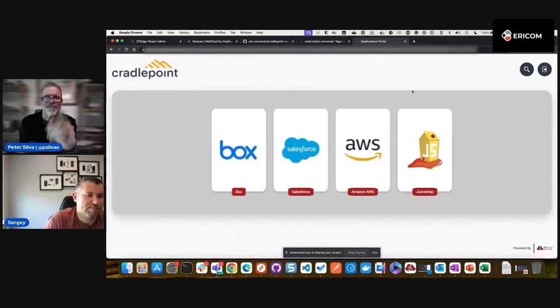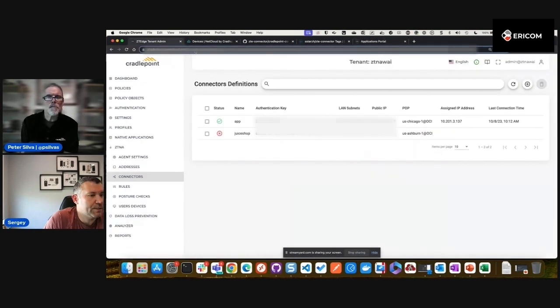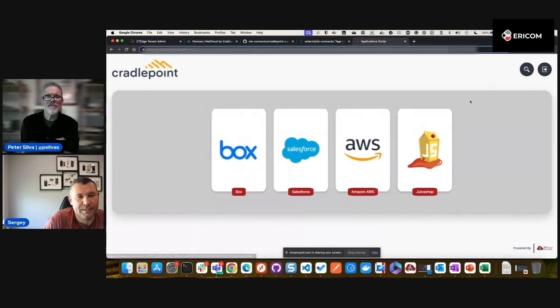I remember the little icon that you created. That is correct. So as you can see, the Juice Shop is there. I don't think you can access it at this point until the connector is fully up. But it just shows you how easy it is to create the corporate web application and expose it in